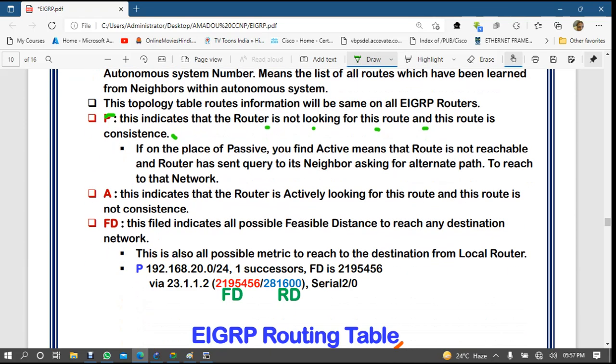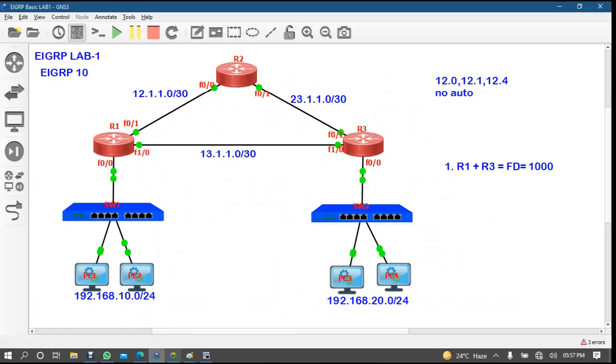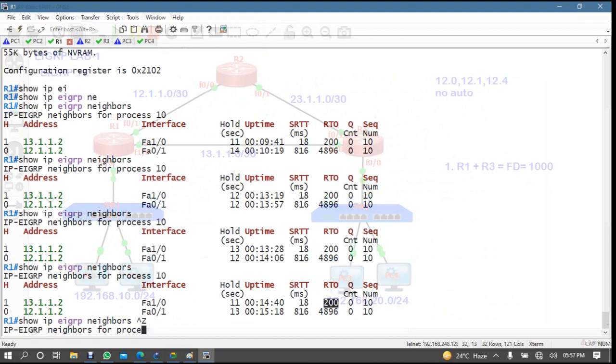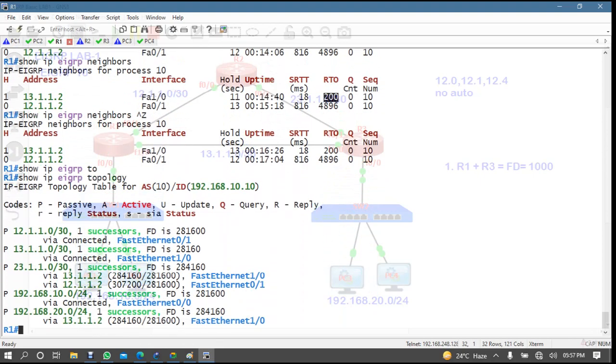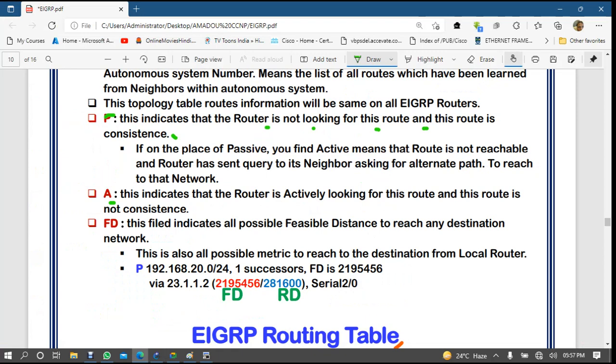And when you see A here, it means active. Active means actively looking for an alternate route, and this route is not consistent, it is down.